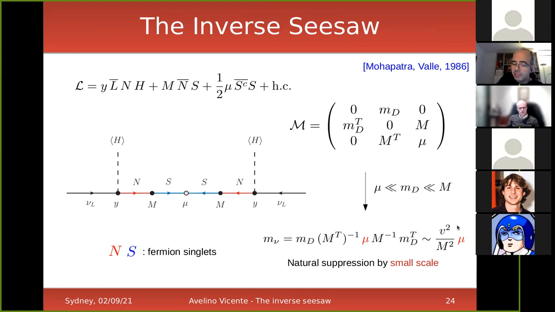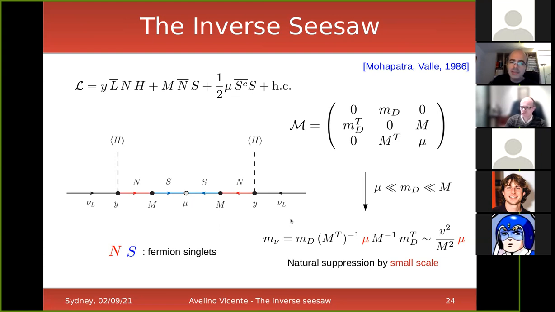Why is that important? You will see that it is important because in that case, you don't need to introduce such large scales. So you don't need M, capital M here, to be that large. And therefore, the phenomenology in principle will be much richer than in the standard seesaw. This is the whole idea. By lowering the scale of new physics, lowering M, you end up with a richer phenomenology, and then you can test the mechanism in different experiments.